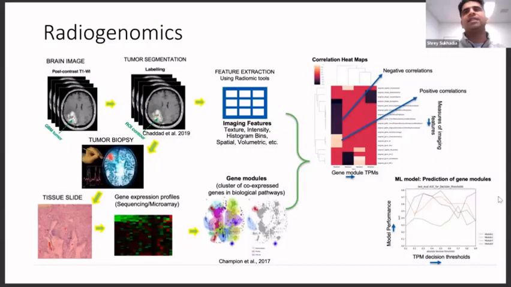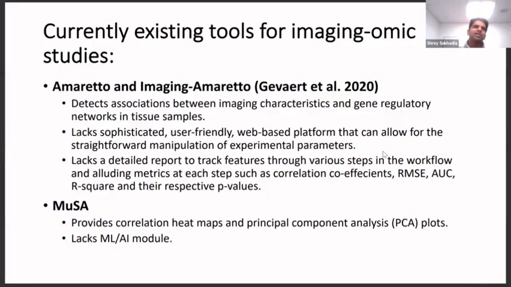So of course, with these kinds of analysis, many laboratories these days do it through machine learning model coding in Python, and different platforms like Kaggle that allow you to write loose code that may get lost through the laboratory workflow, right? But there have been some existing tools for imaging omic studies, such as one from my co-PI earlier, Amaretto and Imaging Amaretto, which takes the imaging features and the